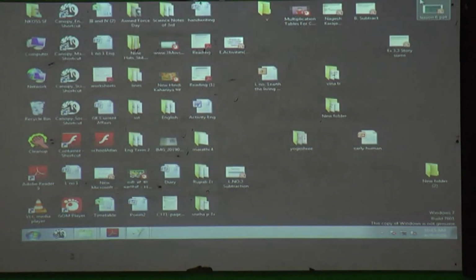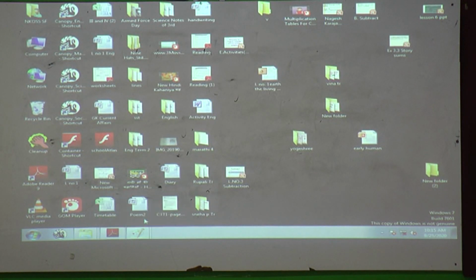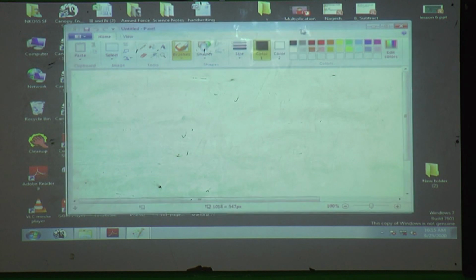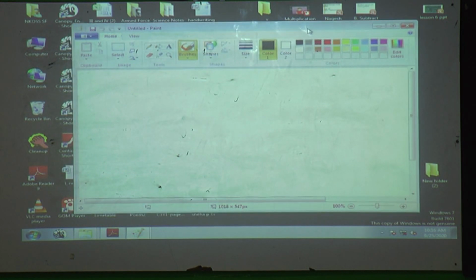Now we will see parts of Paint components, or we can say, parts of Paint window, or component of the Paint. Everyone, you can see here, it is Paint window.